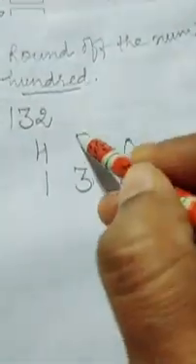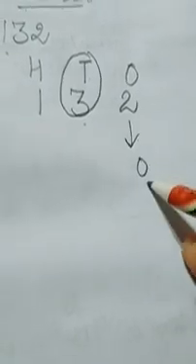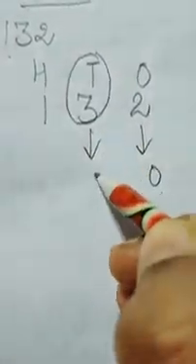Yes, now what to do? Here it says round the numbers to the nearest 100. We will observe the digit of the tens place. You can see that while rounding to the nearest 10, we observed the digit of the ones place. Now while rounding to the nearest 100, we will observe the digit of the tens place. And see here carefully, the ones place digit will become 0. Yes, the tens digit will also become 0.